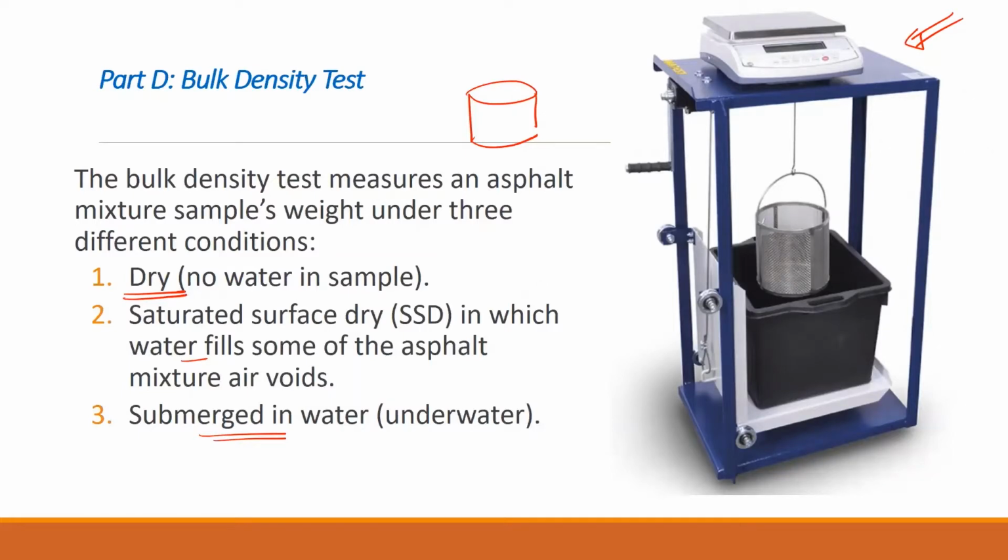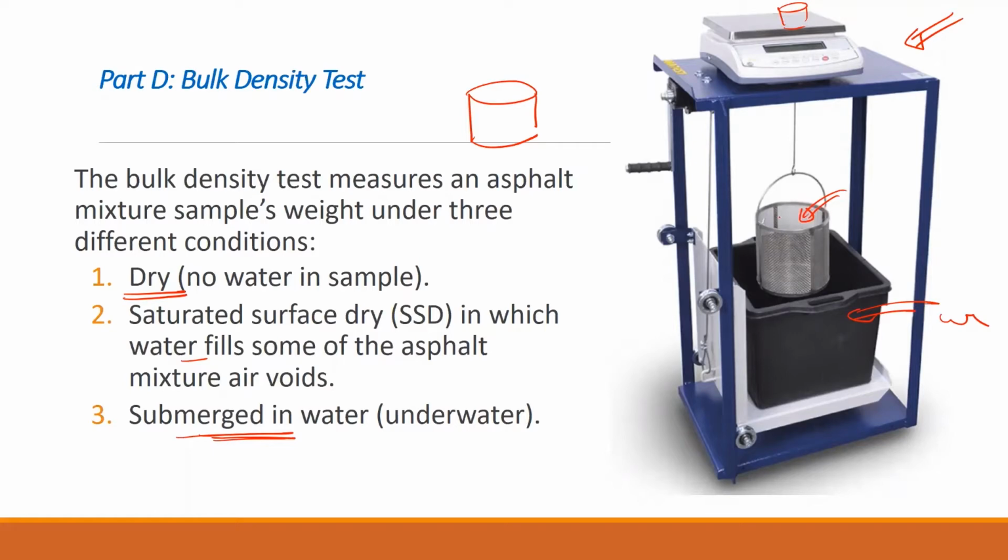So we are using this scale arrangement to find these 3 different masses. For the mass of the specimen in air, you can just keep it on this and find it. To find the mass of the specimen when it's submerged in water, as you see here, this scale is connected to this bucket, which we can put inside this water container. This bucket is hanging on this scale, so when we put something here, we can measure the weight of that specimen.